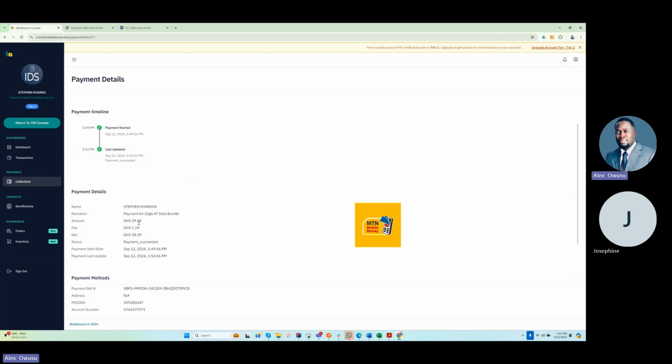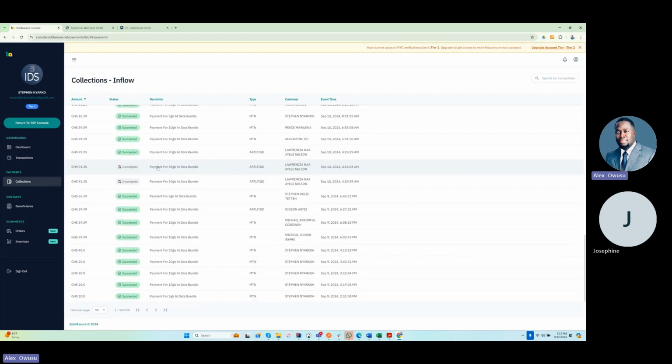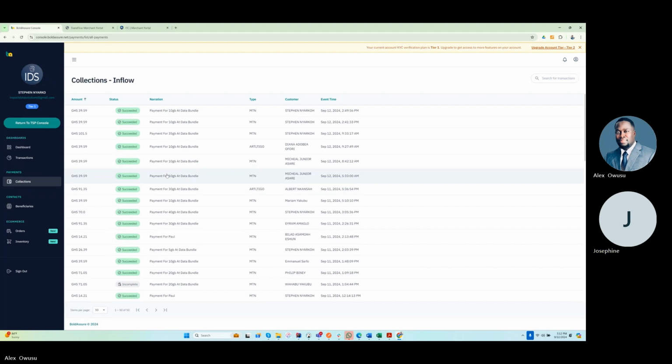So if you calculate this, is this accurate? So that's what we are doing for all the transactions that you are seeing for the merchant here, right? So we are in one of the merchants' portals. If you look at this merchant, this is the